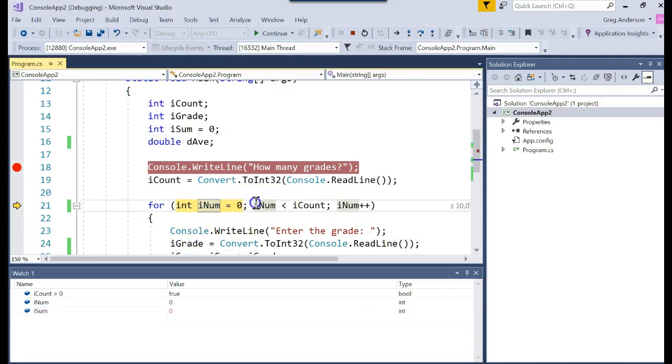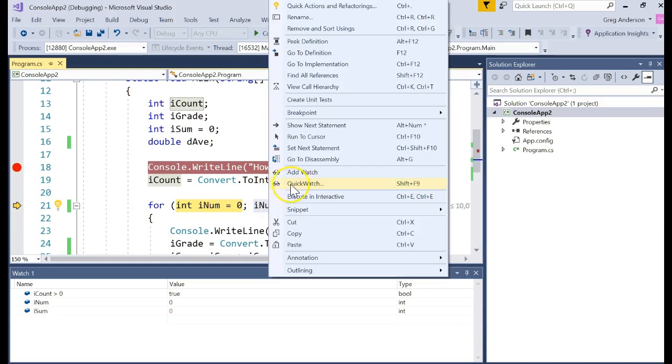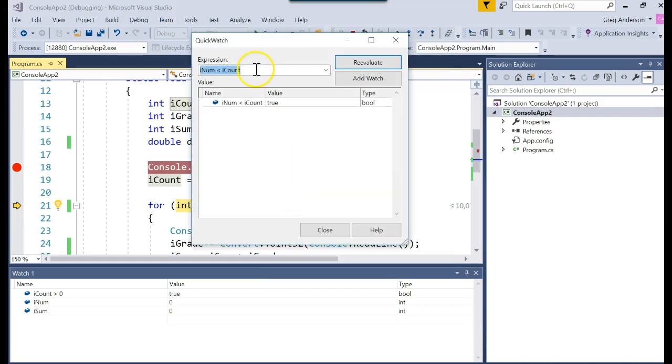Other things I can do is if there's an expression, I can highlight the expression, right mouse click, and do a quick watch. A quick watch says, here's your expression, and there's the value of it. And I can type in any expression I want in that window and see what the value would be. I_num greater than I_count, and it says currently it looks like it is. What if I said,